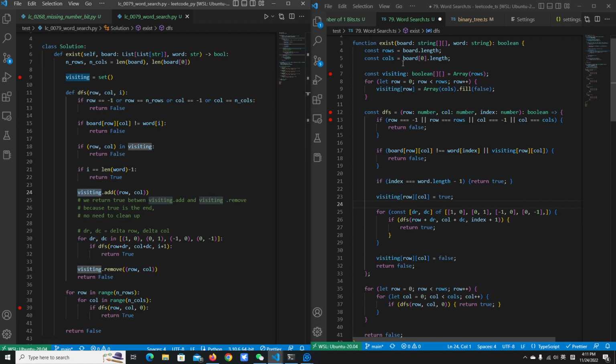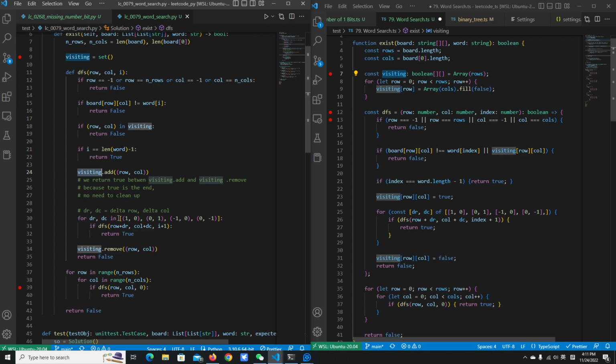In TypeScript, we use a Boolean array to do the same. Now the row and column are in the visiting set. If we encounter them in the DFS, then we will just ignore them, right?